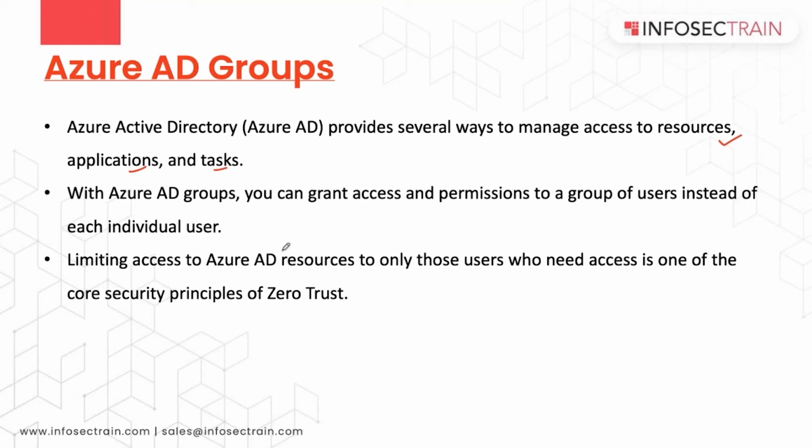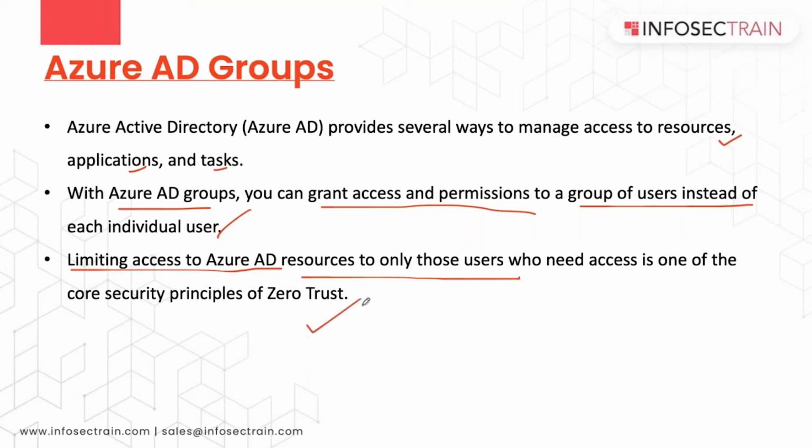Based on that, 10 people need to work with the web application, 10 people with the container, 5 people with the virtual machine. With Azure AD groups, you can grant access and permission to a group of users instead of each individual user. Now, you can limit the access to Azure AD resources only to those users who need access, which is one of the core security principles